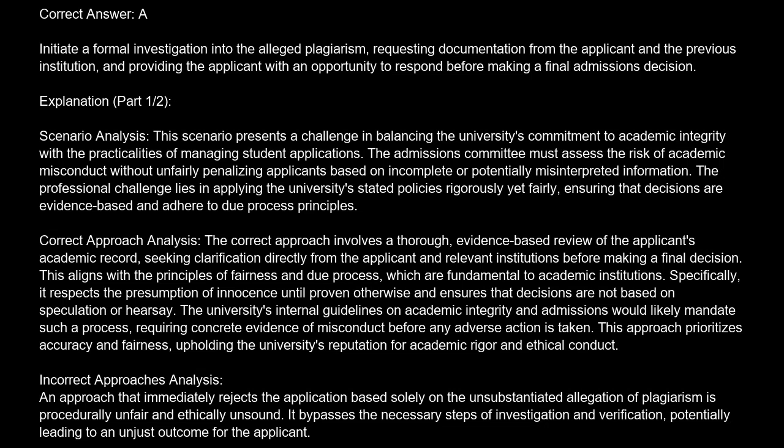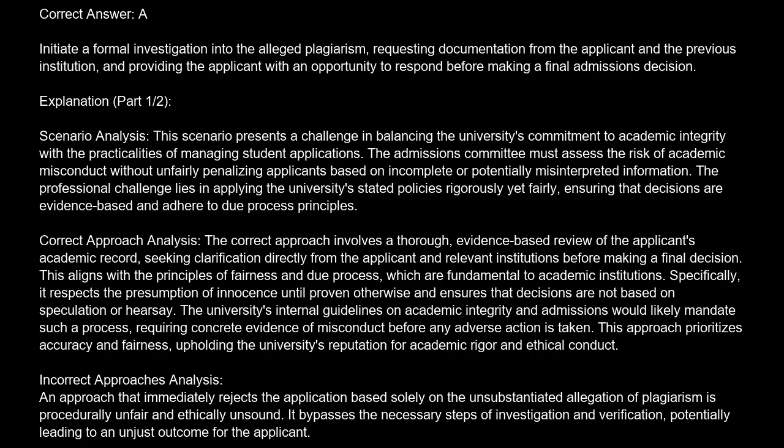The correct answer is A. Initiate a formal investigation into the alleged plagiarism, requesting documentation from the applicant and the previous institution, and providing the applicant with an opportunity to respond before making a final admissions decision. Explanation. Scenario analysis. This scenario presents a challenge in balancing the university's commitment to academic integrity with the practicalities of